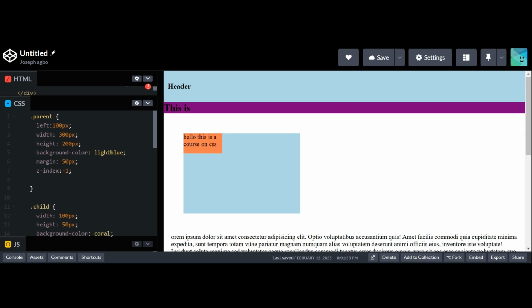The first type of positioning we'll be looking at is static positioning. This is the default position of every element in your web page. I think it's something you would rarely use, so we won't spend much time on it. Just to mention it, static positioning is the default position of every element in your web page. And how you declare your position for any element is to